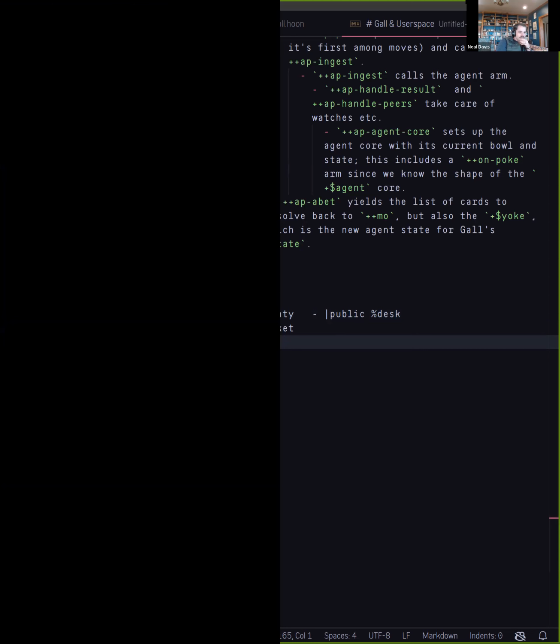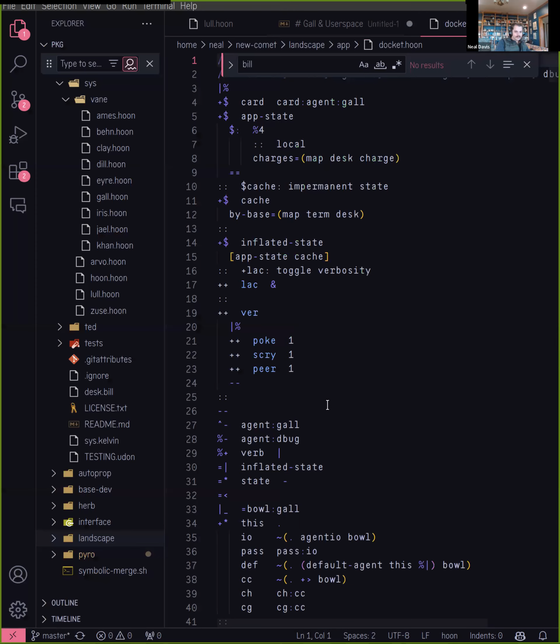I guess any Zod I have recently would probably have that. Nope, that one's not recent enough. App. Okay, there's Treaty and Docket. Okay. All right, so